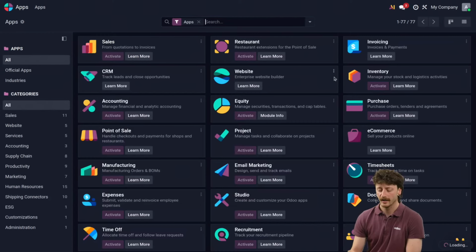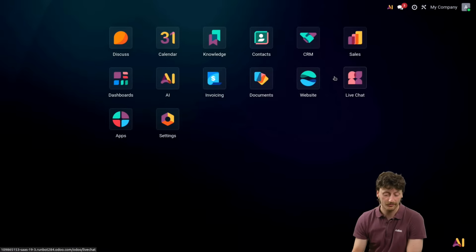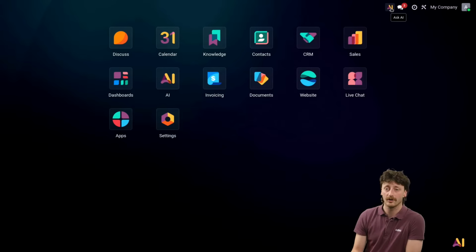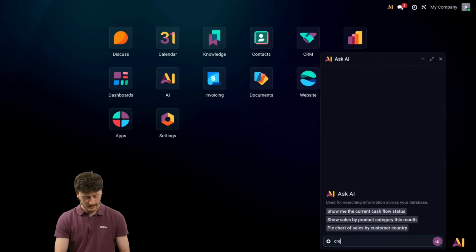You will see why, but it's really interesting to have these new features, because we can now go much faster, and we can, for example, go to a customer or have a customer on the phone and just open the Ask AI button right here and say, okay, create an opportunity, and then explain everything else. So name